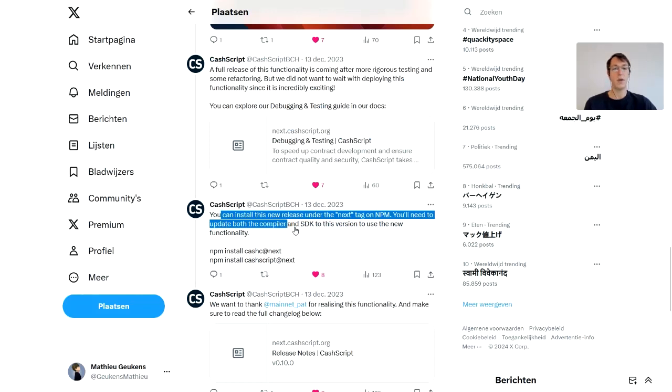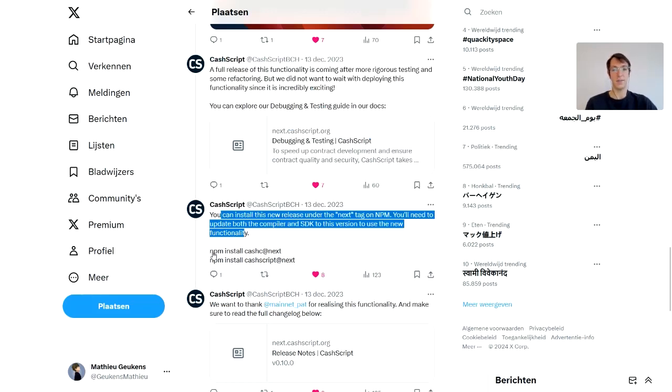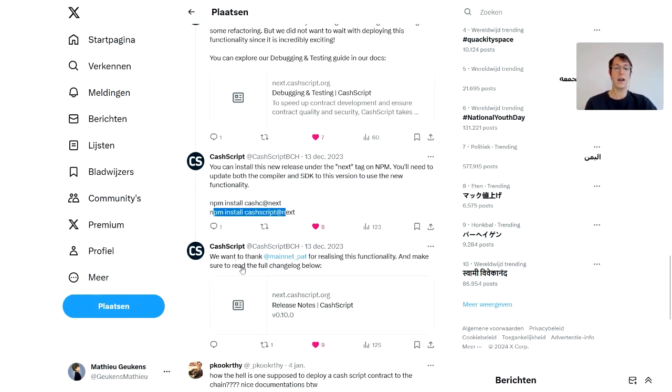You'll need to update both the compiler and SDK to this new version to use the new functionality, and you use it by npm install cashc@next, so this is for the compiler, and npm install cashscript@next, so this is for the normal CashScript library. And lastly, thanks again to mainnet Pat for realizing this functionality, and make sure to read the full